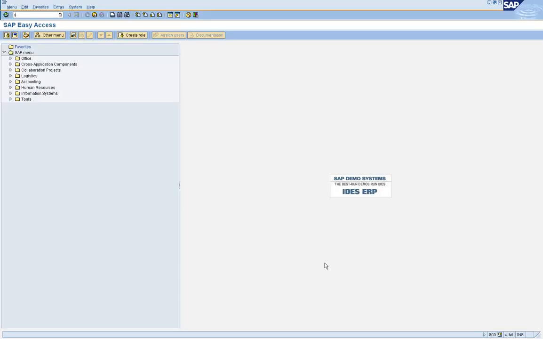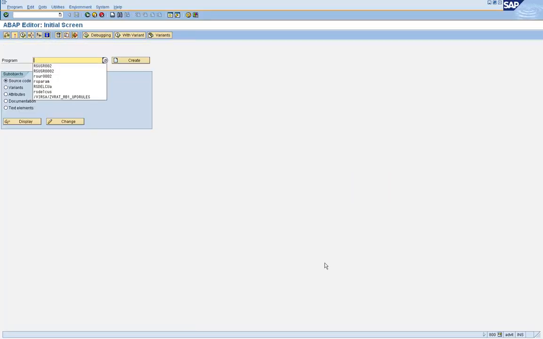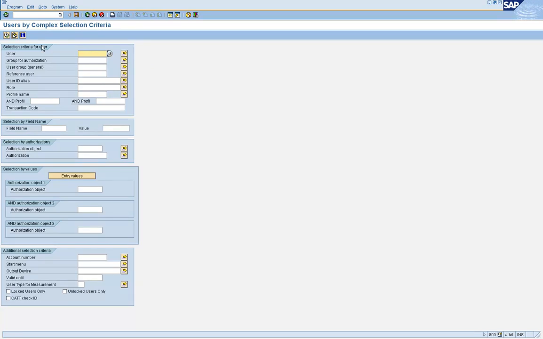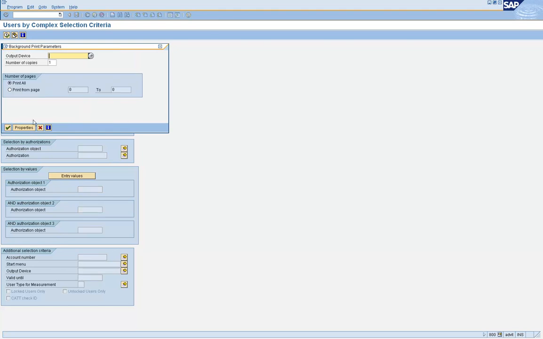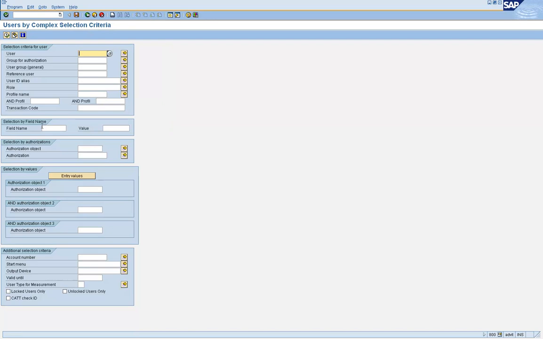So what it means is you go to, let's say, SC38 and execute this transaction program. Enter the selection criteria, then if I hit the execute icon here, that means I'm executing this program in the foreground. But I can go to Program and execute this program in the background also. Okay, so the program is scheduled to run in the background.